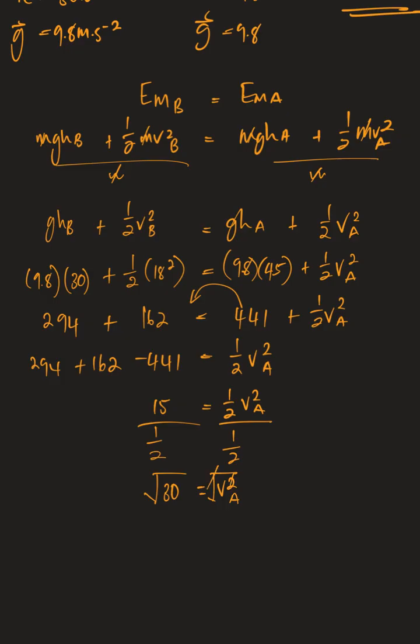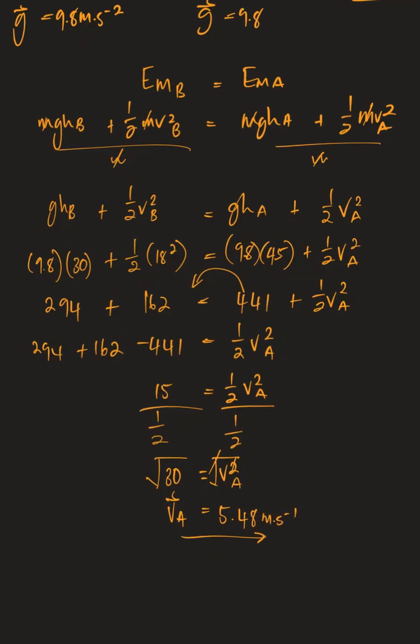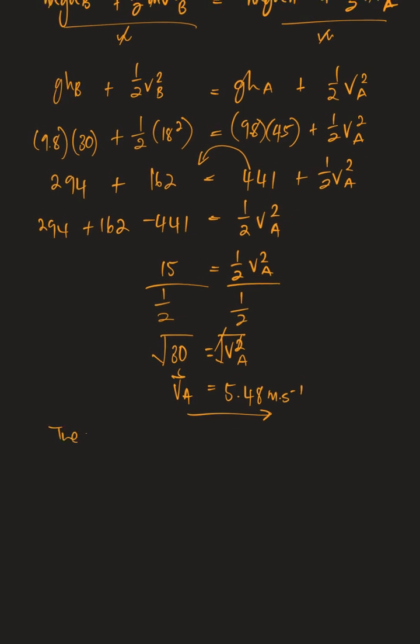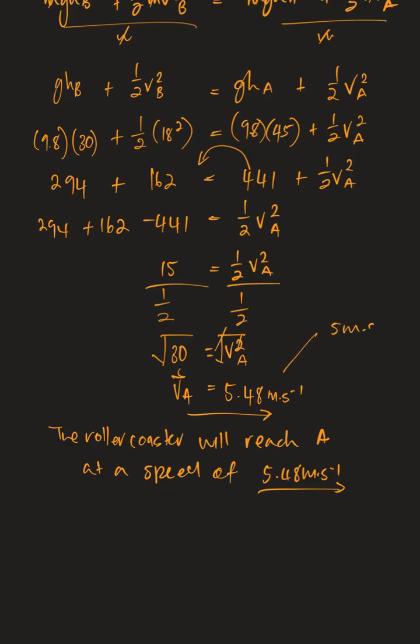So I'm going to square root both sides to get rid of the square. And the square root of 30 is then v_A is going to be 5.48 meters per second. All right, so what I'm looking at now is that I can understand that the roller coaster will reach A at a speed of 5.48 meters per second. So remember the speed at A was 5 meters per second, and I said it must be greater than that. And can you see? It is greater than that,